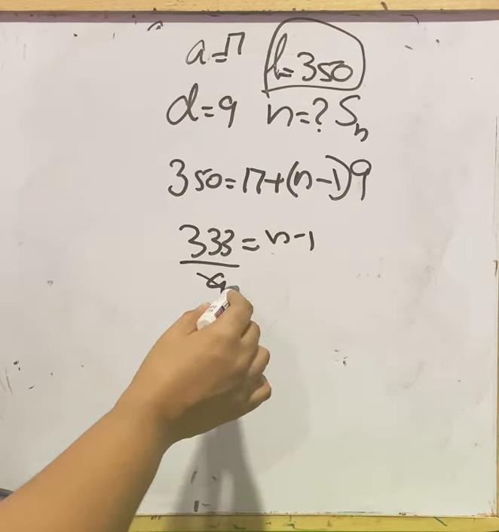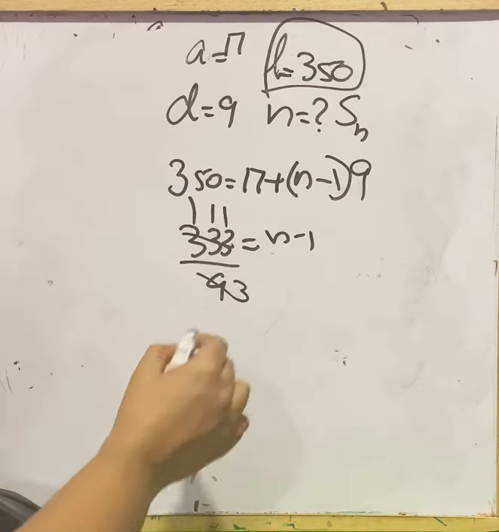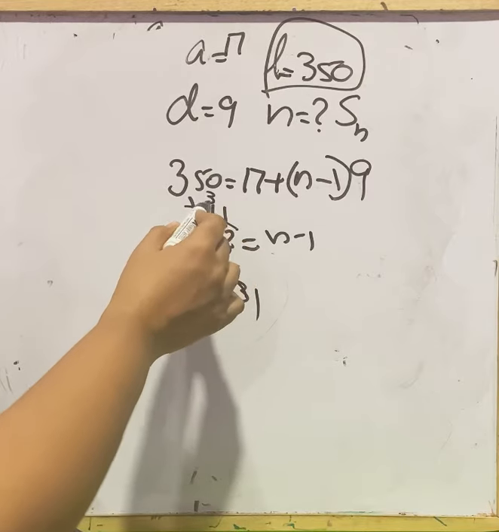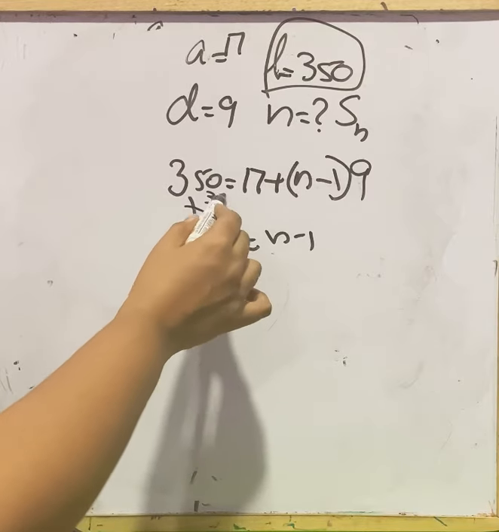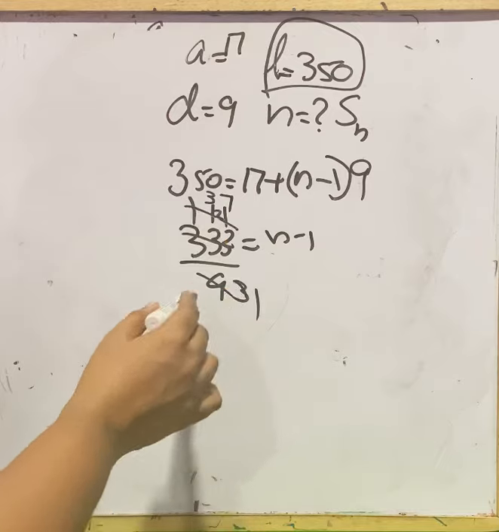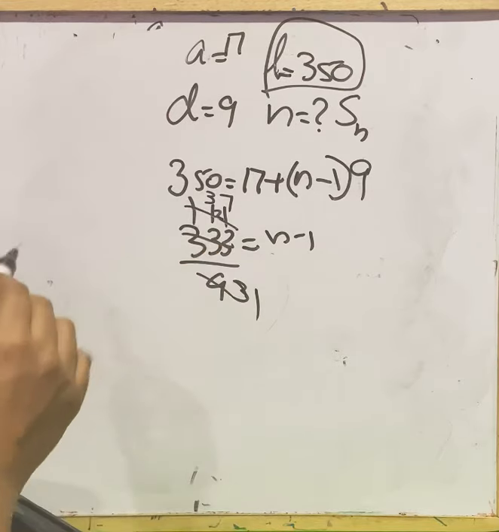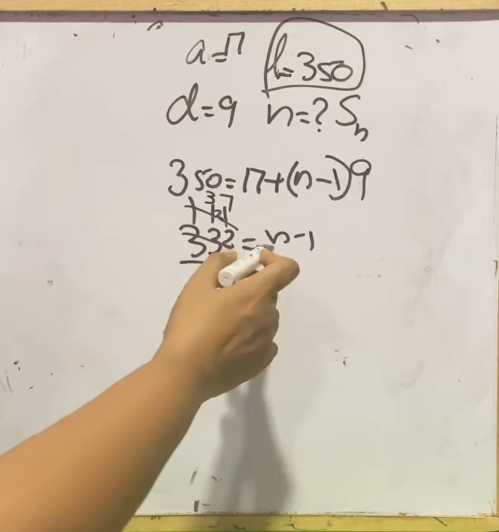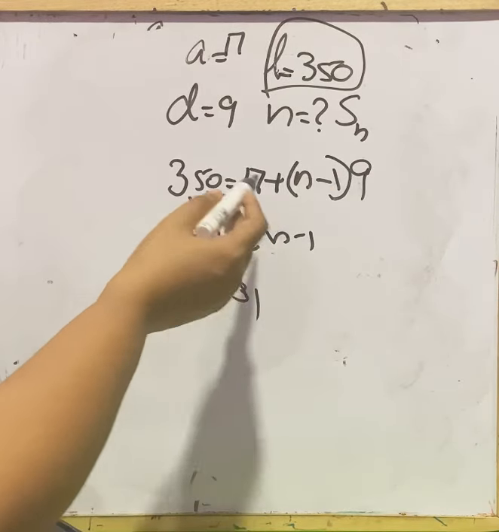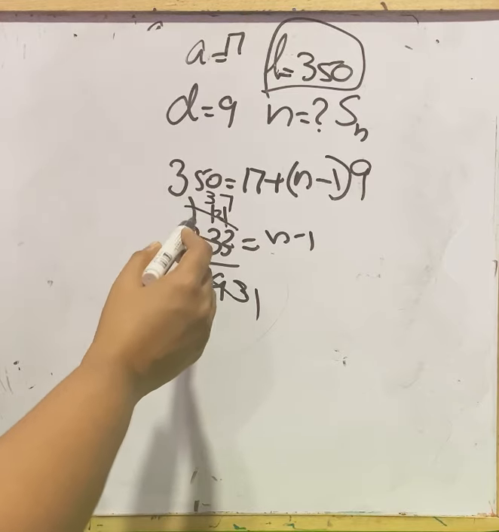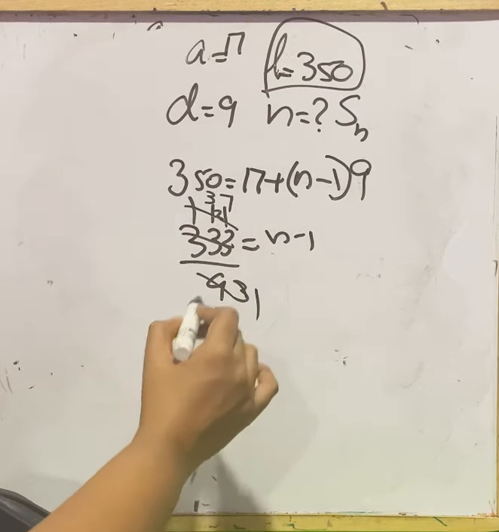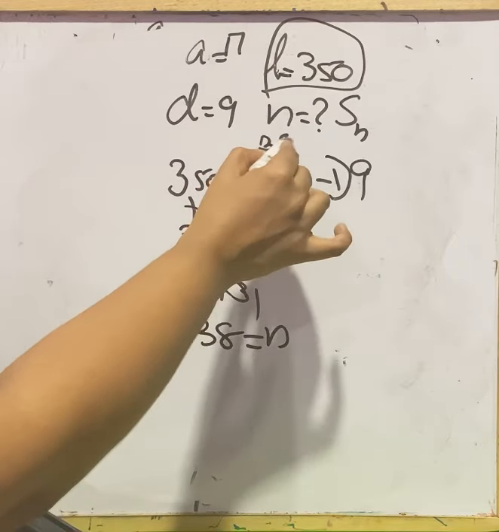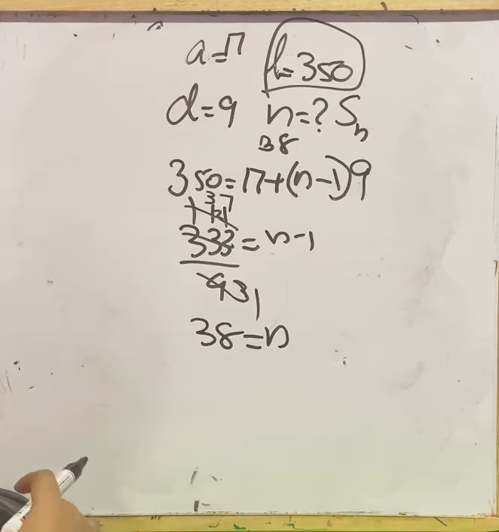In this, 3 3s are 9. Here 1 1 1. This is a multiple of 3. So 3 1s are 3. Here 3 3s are 9. Balance is 2, 21. 7 3s are 21. 37 by 1 means 37. So 37 equal to n minus 1. Take minus 1 to the side, so you will get value for n. When taking minus 1 to the side, it becomes plus 1, that is 37 plus 1 is n. 37 plus 1 is 38. The value of n is 38. Now we have to find Sn.